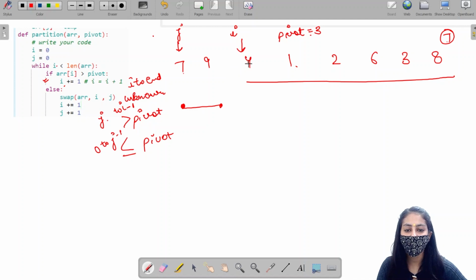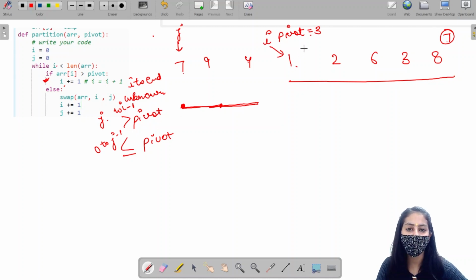Next is 4. 4 is also greater than 3, so I will increment by 1, right? So our unknown region will decrease to this, the region which contains elements greater than pivot will increase to this, and this is not defined up till now.